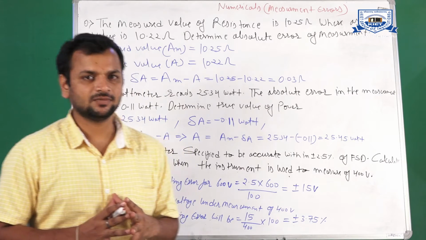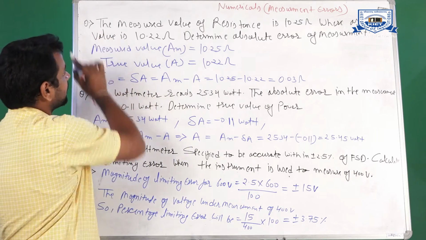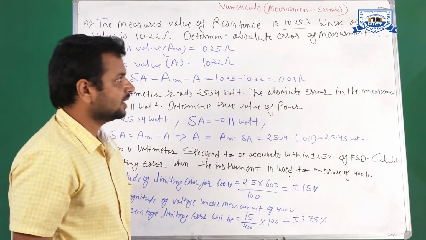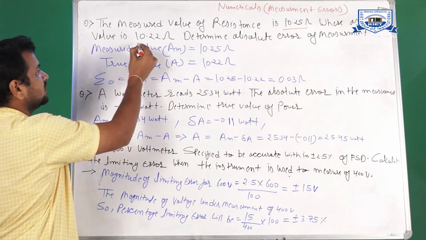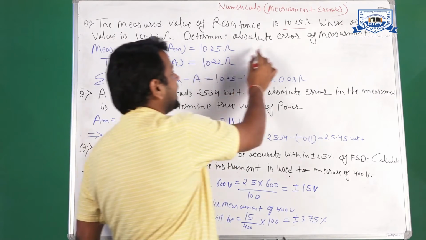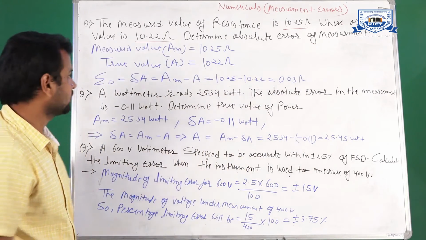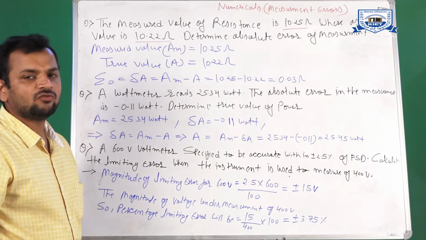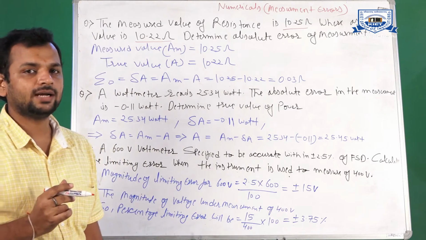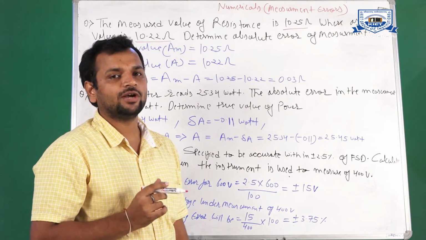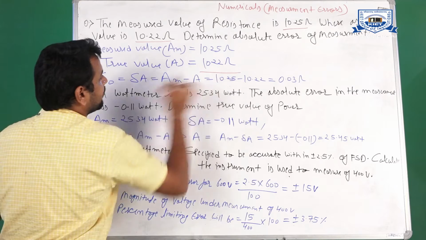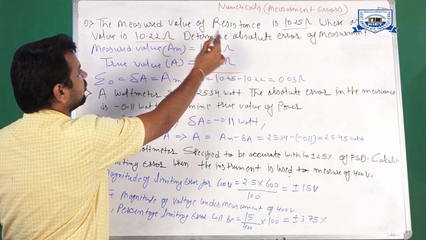So the first is, the measured value of resistance is 10.25 ohm, whereas its true value is 10.22 ohm. Determine the absolute error of measurement. As we know the formula of absolute error, it is the difference between the true value and the measured value of the quantity. So the true value of resistance is 10.22 ohm and the measured value of resistance is